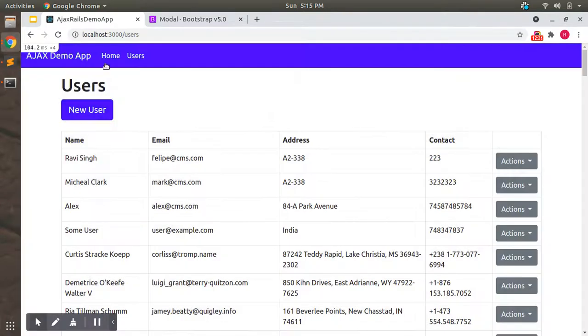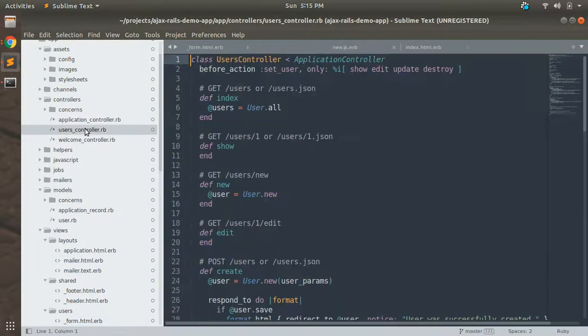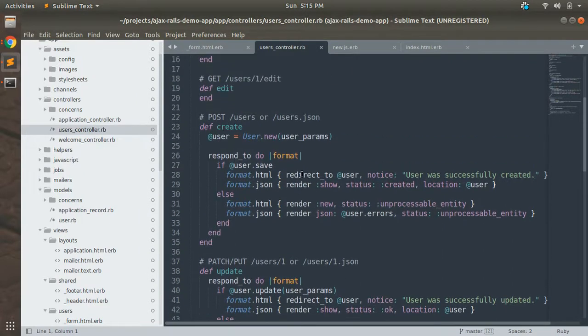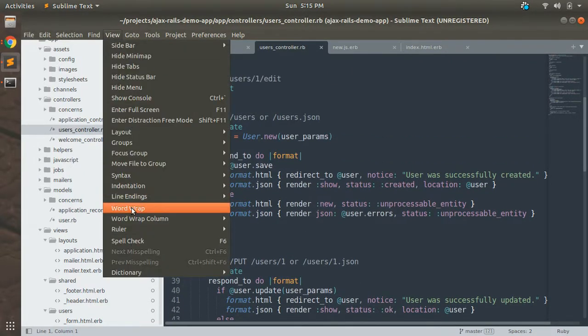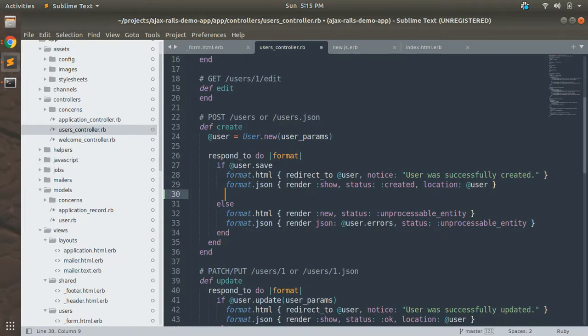So for creating that, let's switch to the controller first. Open the users controller, come to the create action. Let's make it wider first. Now I need to make a JS format here. Why?